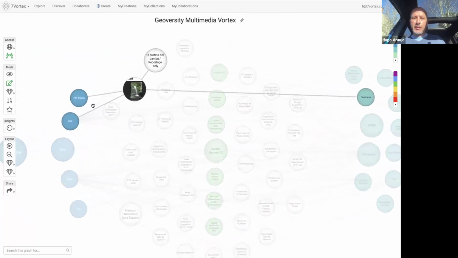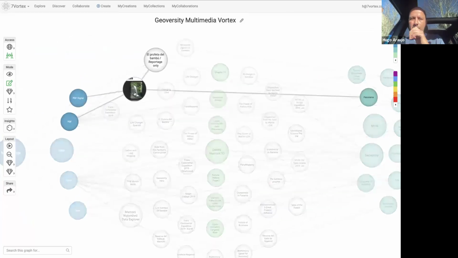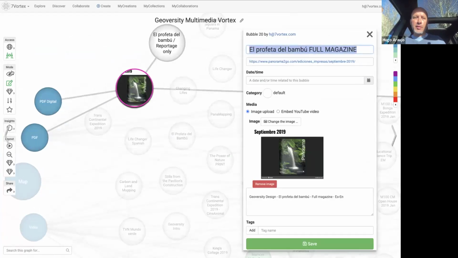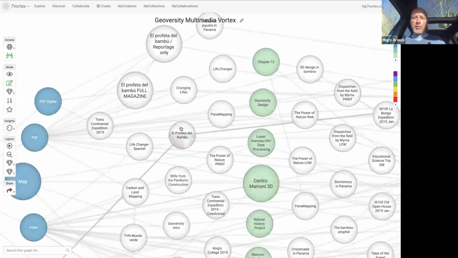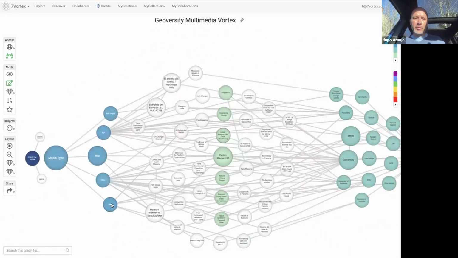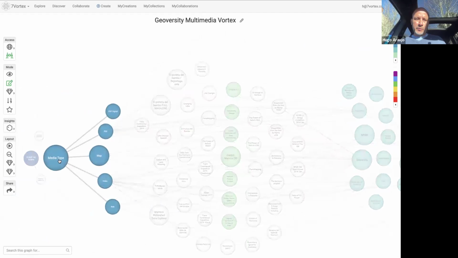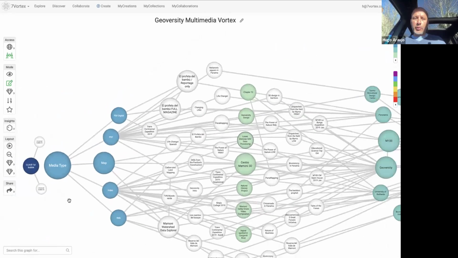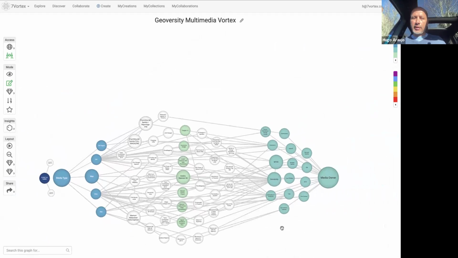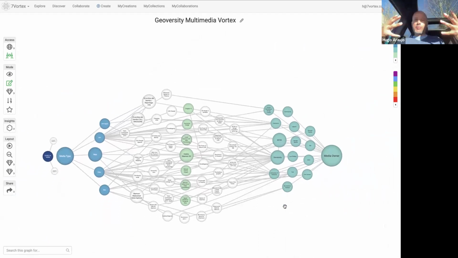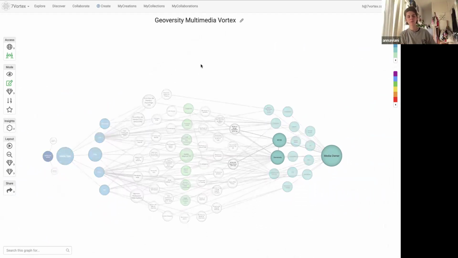So for example, this is PDF digital, a magazine that they've been in. They add the link, the image, and some kind of description. When you have it like this, you can start exploring where the webs and the videos are on the map. This is one way of making it as an index, like a matrix from different terms. I don't know if you see it like this or want to see it in a different way.